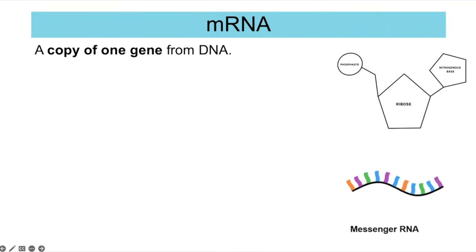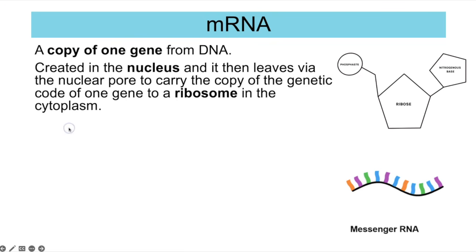Now, we talked about RNA as a nucleotide and as a polymer, and one of the polymers that RNA can form is messenger RNA, or mRNA for short. And mRNA is a copy of one gene. mRNA is made in the nucleus, so because it's a copy of one gene, it has to be copied in the nucleus because that is where the DNA is located. You get one copy of it, which we'll be looking at later on in this lesson in transcription,